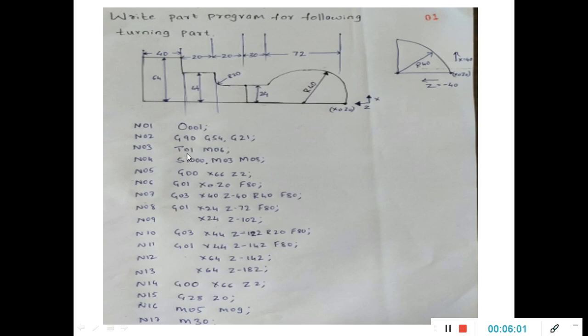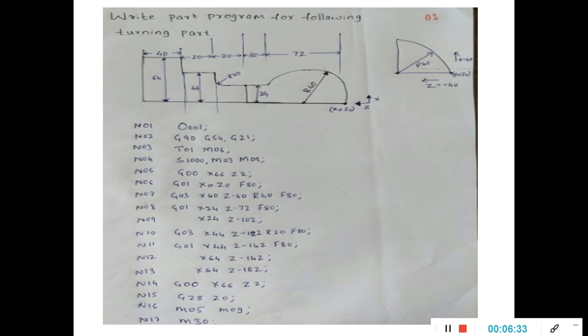That is the tool number, only one tool is going to be used, therefore T01 M06. T01 is always followed by the tool change command known as M06. Then in block number 4, you have to mention the speed here, 1000 rpm. Then your spindle should be on, that is M03, the workpiece spindle, wherever you fit the workpiece in the chuck. M08, coolant should be on.